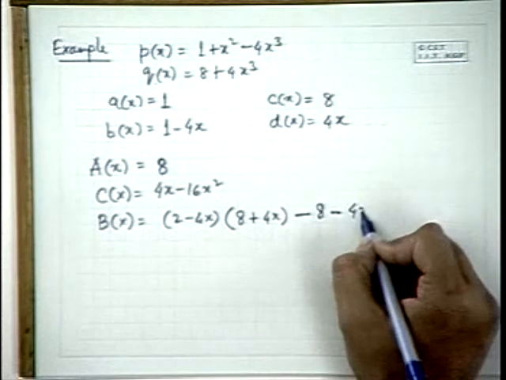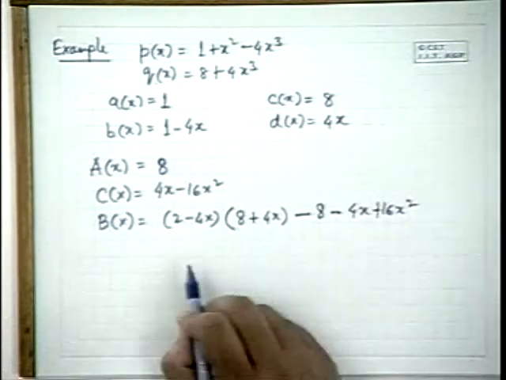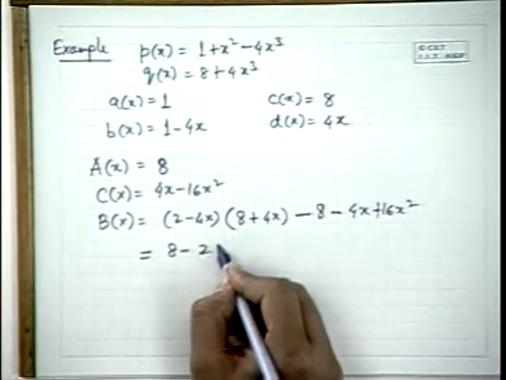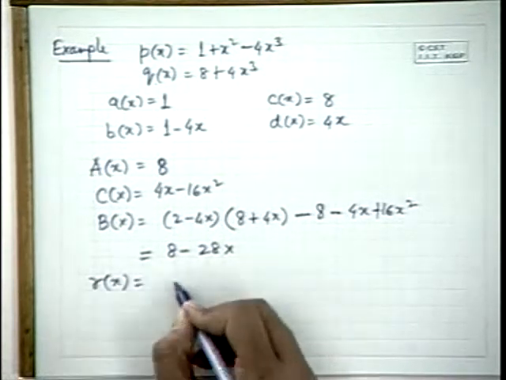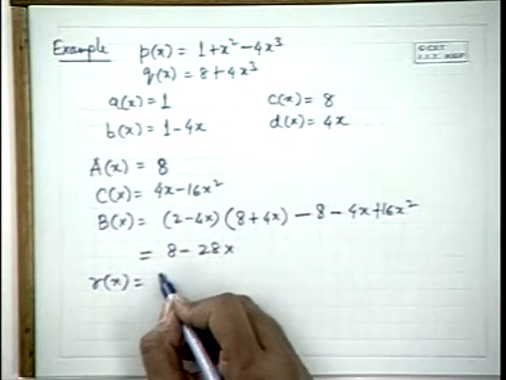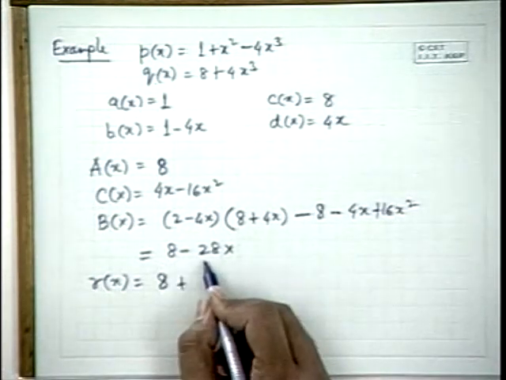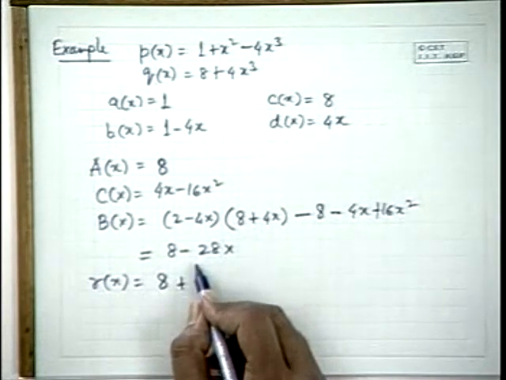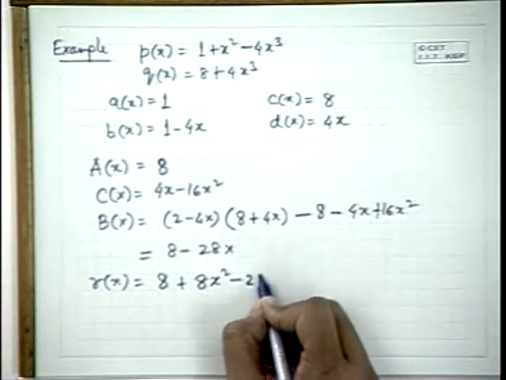So if you evaluate it, you will get 8 minus 28x. So your Rx, you know by this formula, is Ax plus Bx times x square, which is 8x squared minus 28x cube